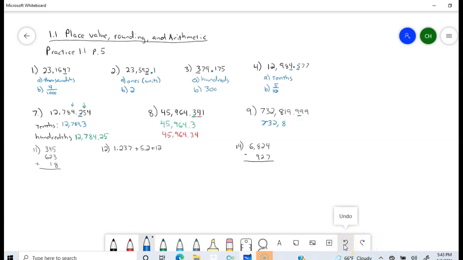Because of the 9s immediately to the right, that would have gone up to a 10, which pushes this one up to a 10, which pushes this one up to a 2. So I need to watch all these 9s right there. That's going to keep pushing me over a little bit. So I'm going to get 2,